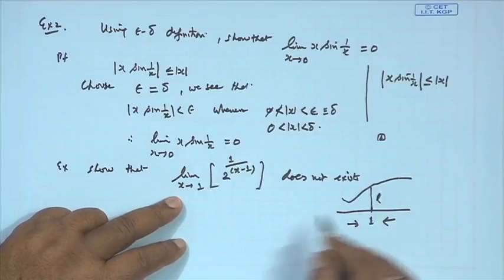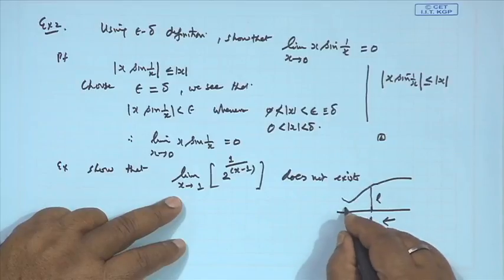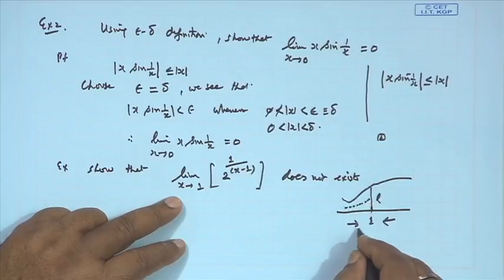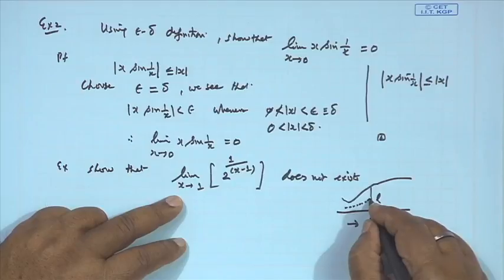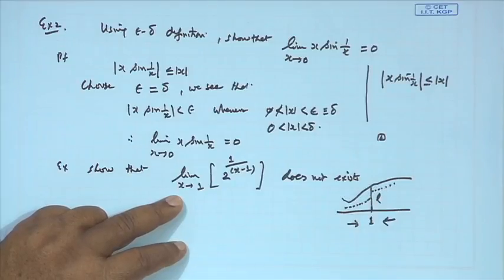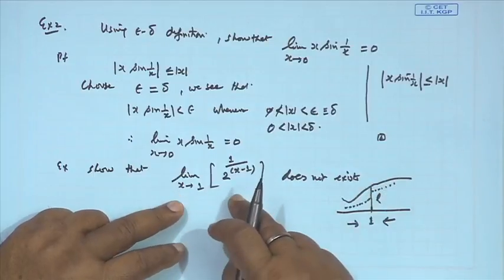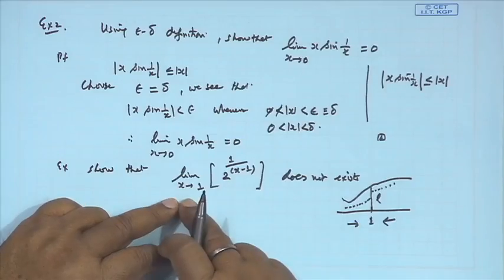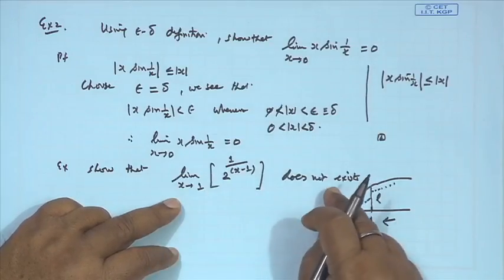But if the function does not have the same value, suppose when x tends to 1 from the left hand side the value of the function is this, and when x tends to 1 from the right hand side the value is that, it means it has two different values. So, the limit will not exist. So, here we will find out whether the left hand limit and the right hand limit as x approaches 1 differ or not. So, let us consider